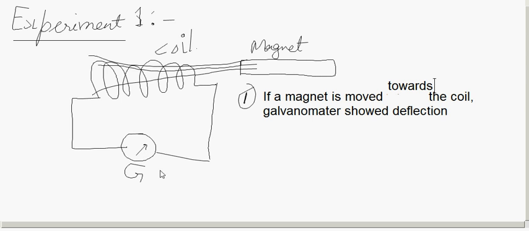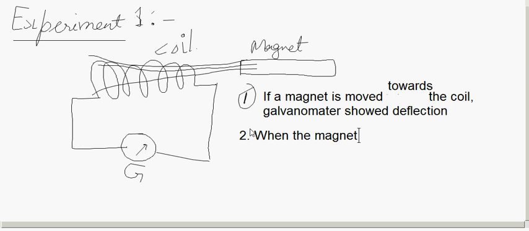Let me explain you once again. The magnet was moved towards the coil. When the magnet was moved towards the coil, what happens? The flux which links this coil keeps changing, and when flux linking the coil changes, the galvanometer shows deflection. If a magnet is moved towards the coil, galvanometer shows deflection. And the second point you can write,